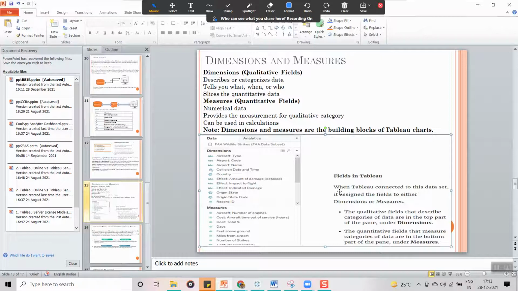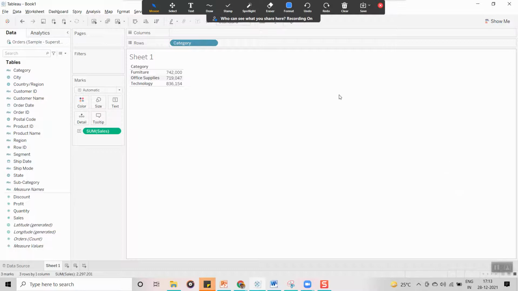If we go further into detail regarding dimensions, by nature all dimensions are displayed in blue color. In Tableau terminology we call it a pill, P-I-L-L, but we can also call it a field, that is not a problem. Remember, we call this a pill. All dimensions by nature display in blue color, and all measures by nature display in green color.